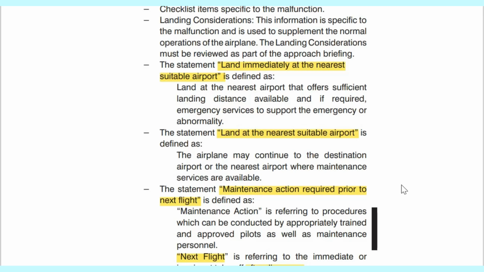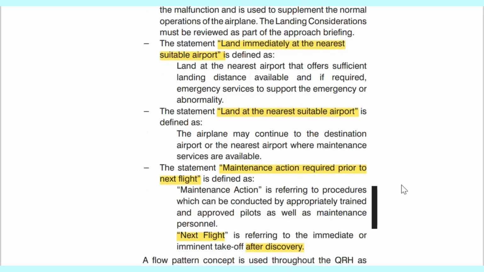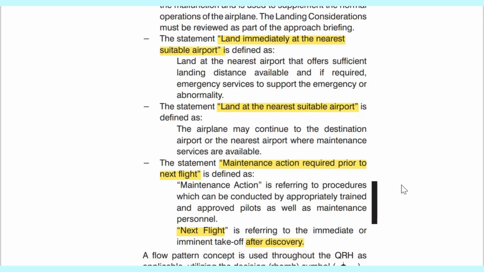Okay, one very important thing I'd like to say is that QRH, AOM and MEL, these are like a chain. You've got to have all three of them in your mind, as in how they are presented and what content they have. You've got to read all of them. You read the AOM for the systems. For each system you go to the QRH to see its associated emergencies, and also the MEL, you just have to browse through to see which faults are go and which faults are no go.